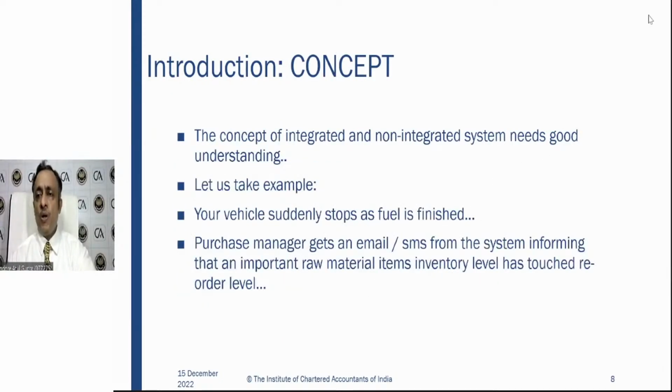Starting with the first word that has come, the concept of integrated and non-integrated in the chapter. First, let us understand and define the whole paper itself, enterprise information system. So what is a system? A system is basically a way of doing things. The way of doing things includes every aspect of life. It includes the way you study, the way food is prepared, the way these lectures are being delivered, the way vehicles are being driven. So system is every aspect of life that is there.